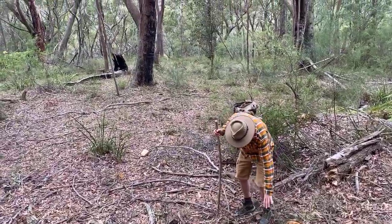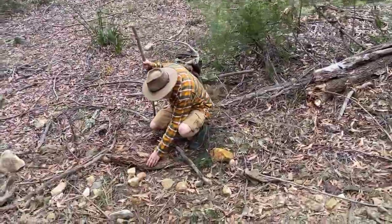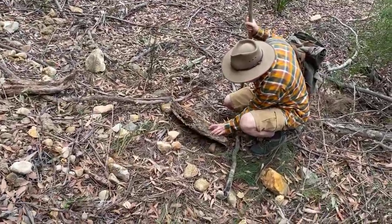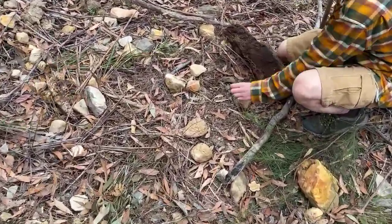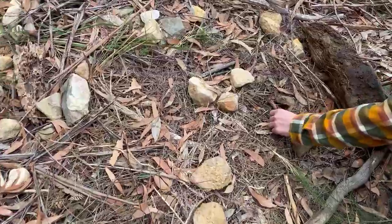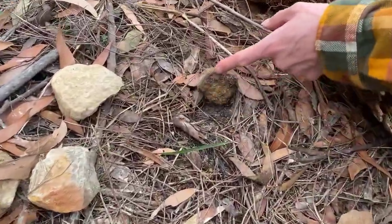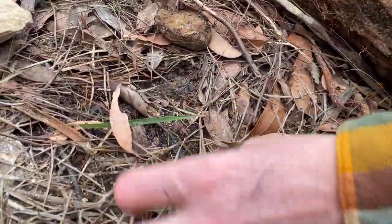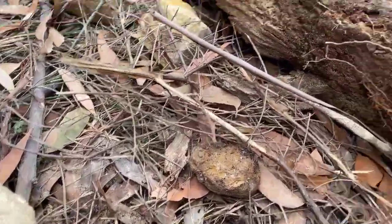So look, down here, for example, we've got just a fallen tree just for us to look at. So it's quite rotten and things like that, and we can just turn it over and see if there's anything underneath it. Let's have a look. No evidence there, you see. So sometimes you turn something over and it might be interesting, and sometimes you turn it over and it's not. There's definitely evidence of animal being here, but you can just see all...